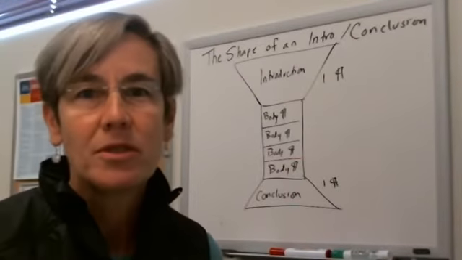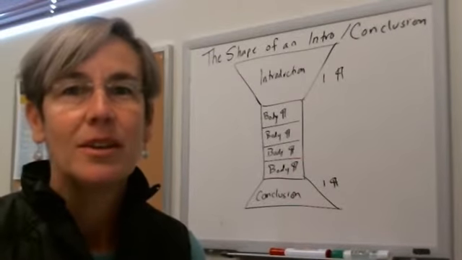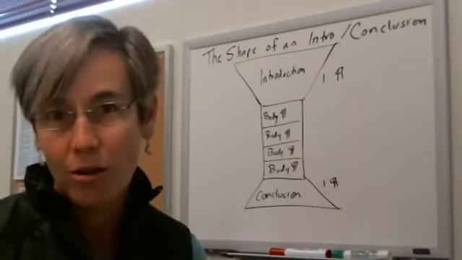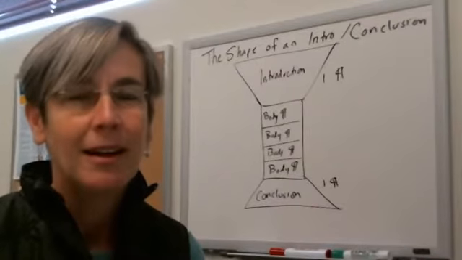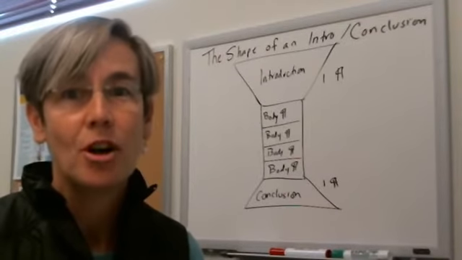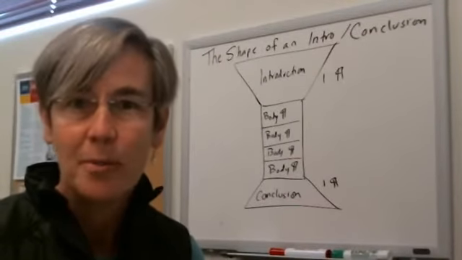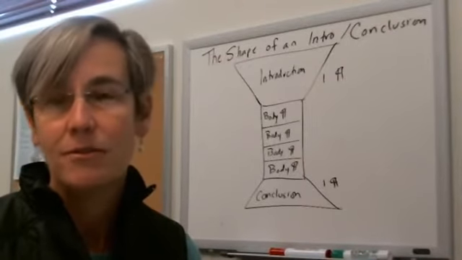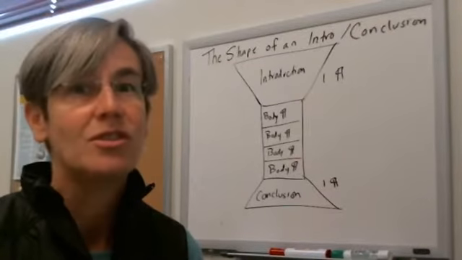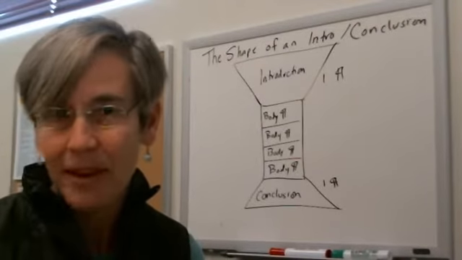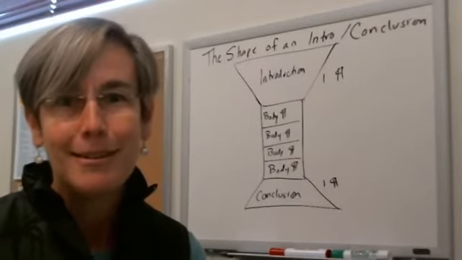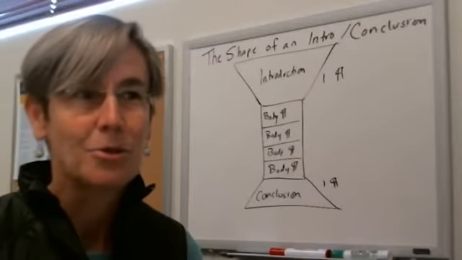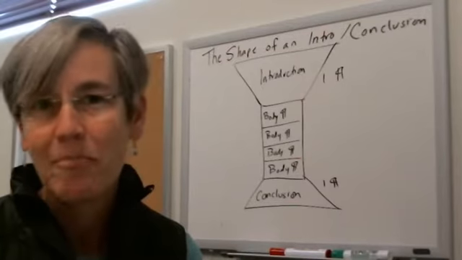This is one of those videos where I tell you that everything you learned in high school about introductions and conclusions was wrong when it comes to college writing. In high school, you might have been taught that your introduction should summarize the body of your paper. Your body should develop those ideas further, and then your conclusion should summarize the body again. This basically means that in the course of a 3-page paper that you might have written in high school, you say the same thing 3 times.